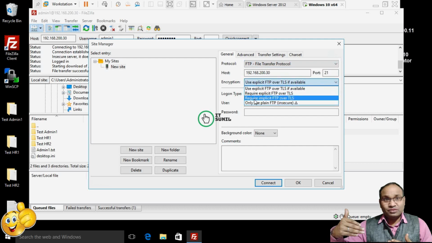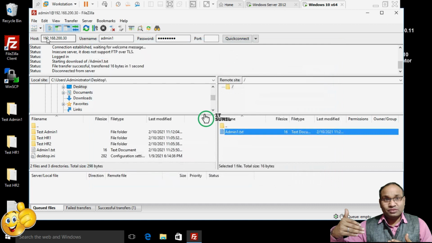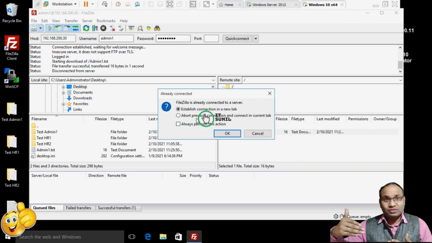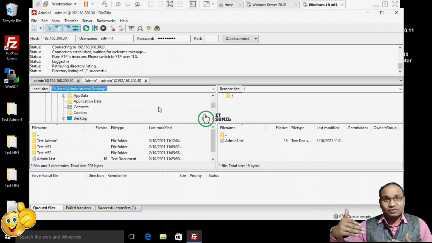Here the requirement is only plain, so use admin1. Click here, select admin1 and OK. So this saves the connection. Click here and connect. This is established.